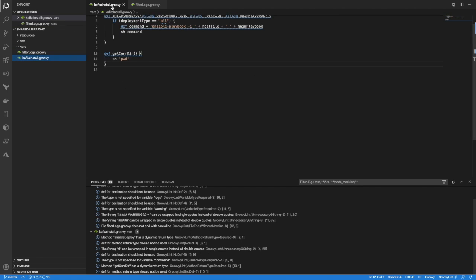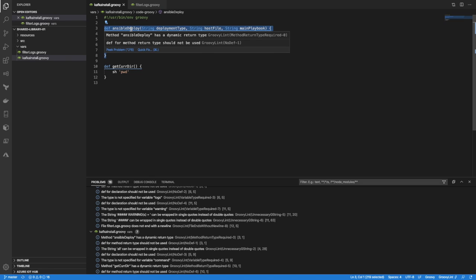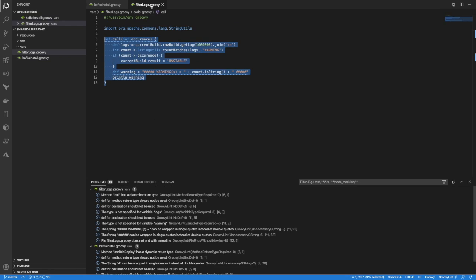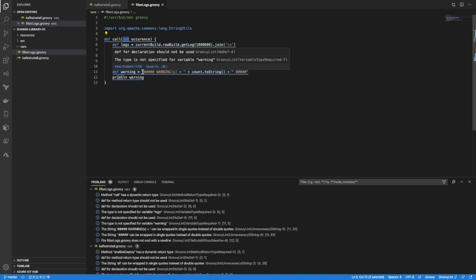But here in this case, if I am going to call this Ansible deploy, then I have to use Kafka install.ansible deploy. So I just have to mention the exact method name which I'm going to call. Now coming to the filter logs, so here you can see I am just getting occurrences as an int variable. Now I'm getting the logs using current build.raw.get log. So this is a function provided by Jenkins itself. So you can get that in the Jenkins